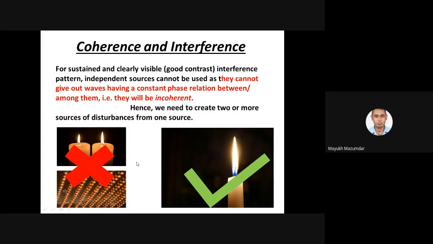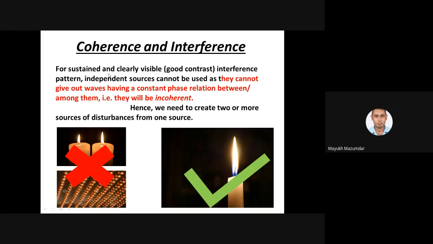See, interference has to be clearly observable. Suppose there is interference of light, but when you cast it on the screen, you are unable to distinguish between the dark and bright regions, or it is very fluctuating. The interference pattern is not sustained. Sustained means something that stays for long, which is stable. We use a very common term, sustainable development; in EVS you might have come across that term. So the interference pattern has to be sustained.